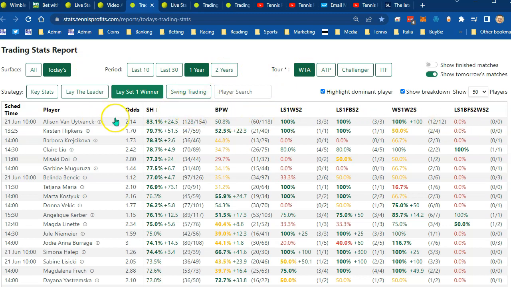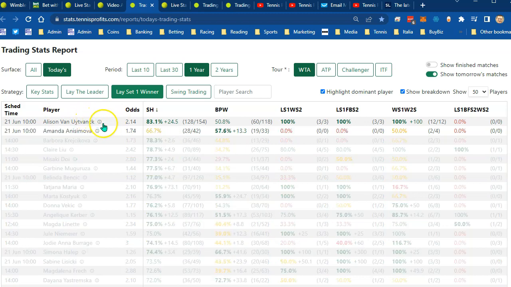So if we wanted to compare her with her opponent, we just click on that line there, and we can see that she's playing Anisimova, and actually she's the outsider in that match. We can see that there's very little data in these particular scenarios, but Van Uytvanck does look the stronger player